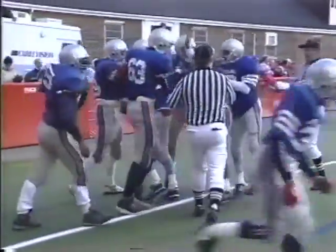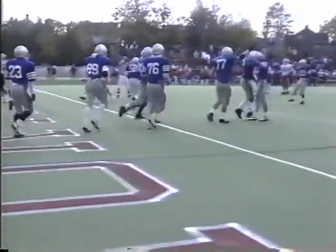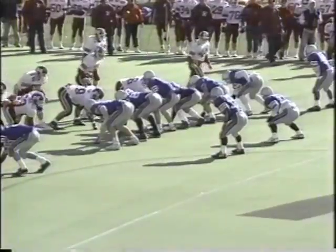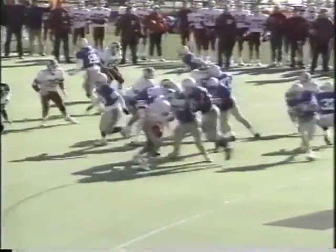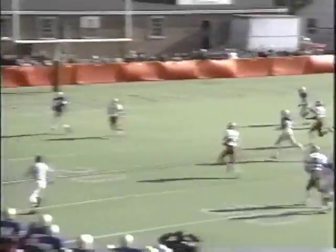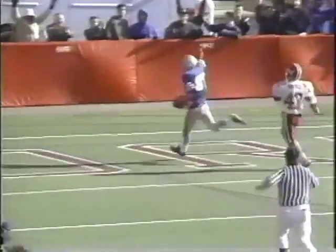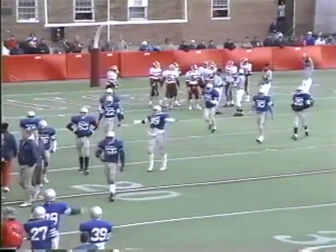I was going to say that. The thing about it is the wind forced the call on the other side of Chris Kuropatkin. He reversed himself to make the catch. Wow, great pass, but a great play by Kuropatkin. He turned himself around, as you see. There's the protection, the fake handoff to Bigby. There's the throw. Now watch Kuropatkin turn himself around and goes in untouched for the score. So the score now is 7-6, and Brookline